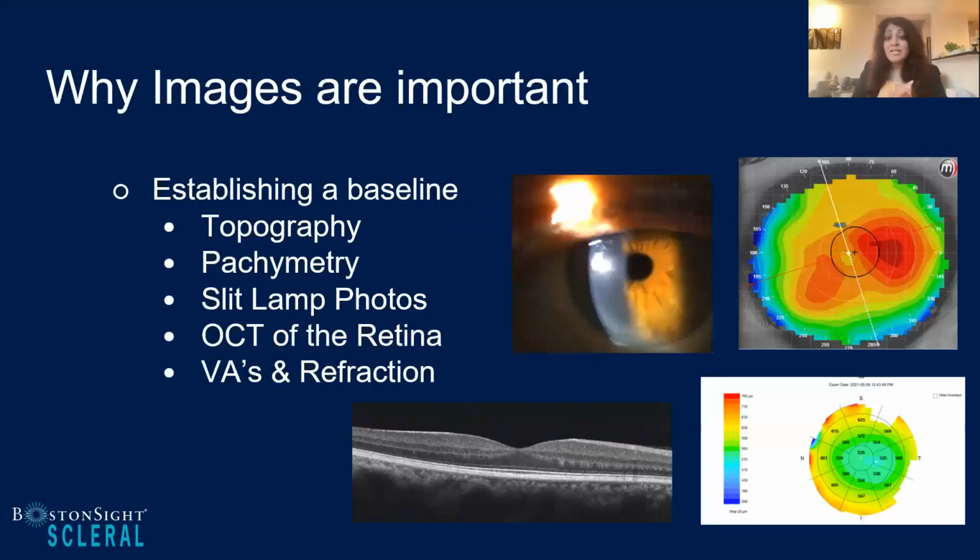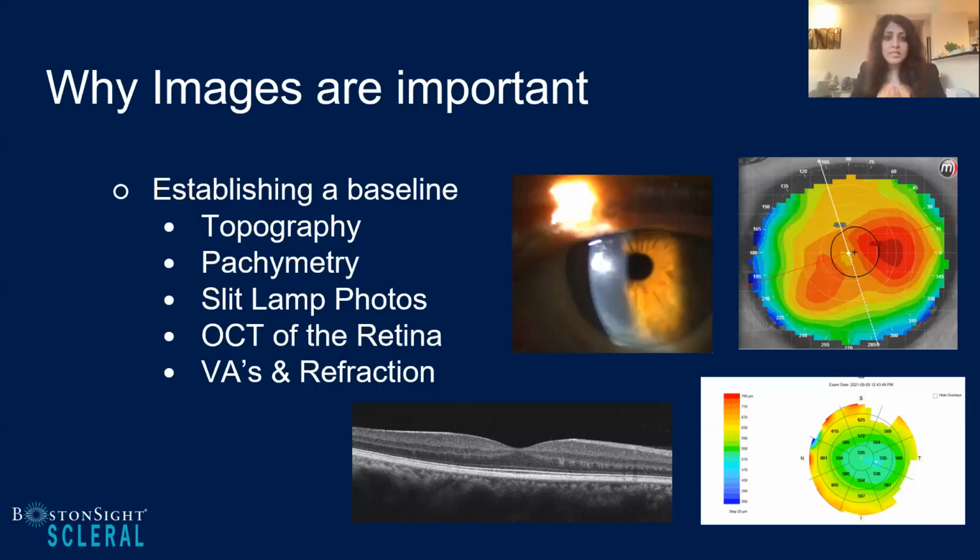Some of the key baseline images that I take with all of my scleral lens patients is, for sure, I'm going to get a baseline topography. I'm going to do pachymetry. And I'm fortunate that I have an OCT and I have this incredible function where I can take corneal pachymetry. So it gives me an image of all of the pachymetry readings all over the cornea, which is so useful, because the key of me taking any of these is to make sure that I'm not doing any harm, and I have a good way of tracking to make sure that I'm not doing anything with these corneas and not causing any problems with the sclerals that I'm putting on them.